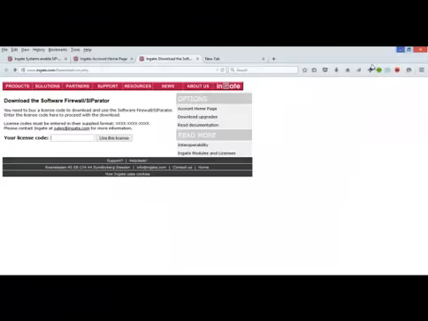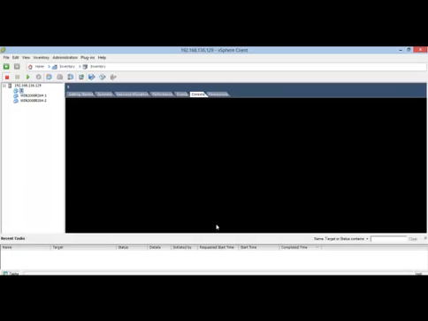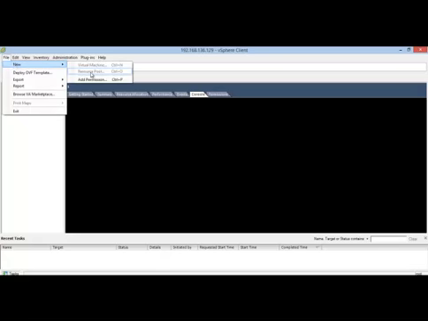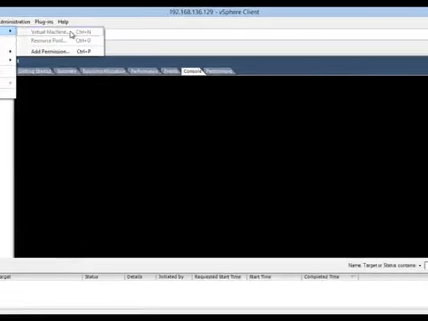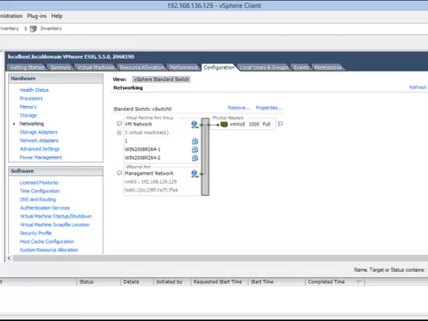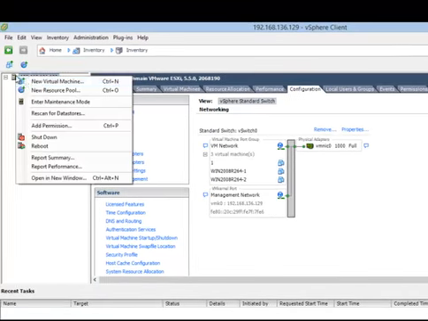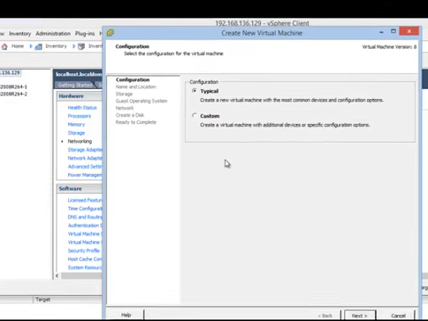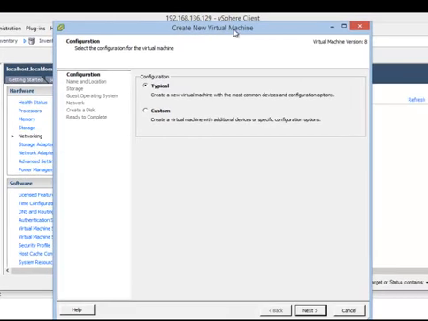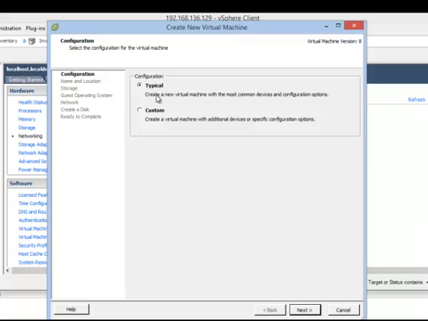And at this point, we're going to configure an ESXi. We're going to create a new machine. So basically, we go new. We're going to create a virtual machine. We will just highlight our host, say new virtual machine. And at this point, we'll go ahead and declare this